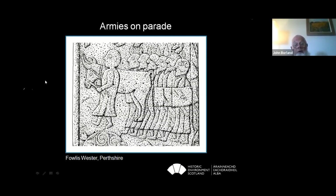But behind him, this honour guard of men marching, and again we've got this thing of them overlapping, so that there's room to show them all walking in a line, overlapping them like this. We can get that array in. Once again, we've got square shields with a hint of a central boss on the one that we can see fully. Swords by their side, they're carrying spears, they're bearded, they're wearing tunics, and interestingly, although it's not overly evident on the men, we can see for the first time, in the angle of his feet here, and we get a hint of it with these other ones with the angle of the legs to the back of each person,